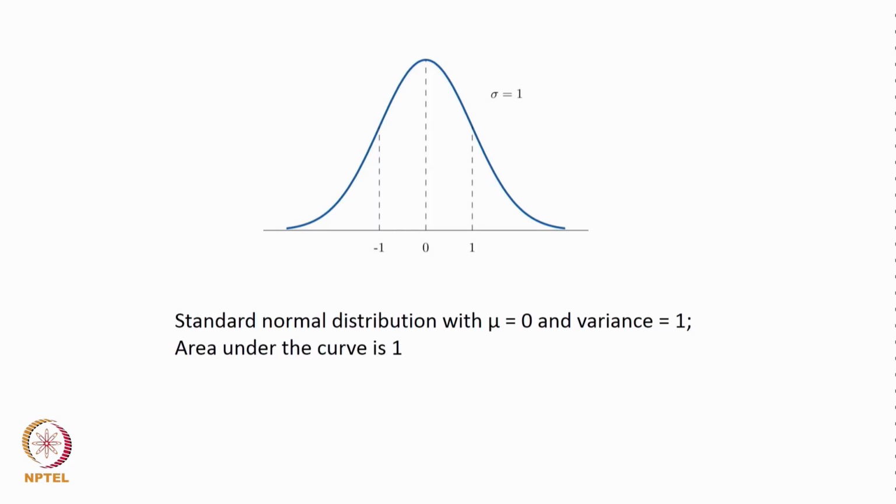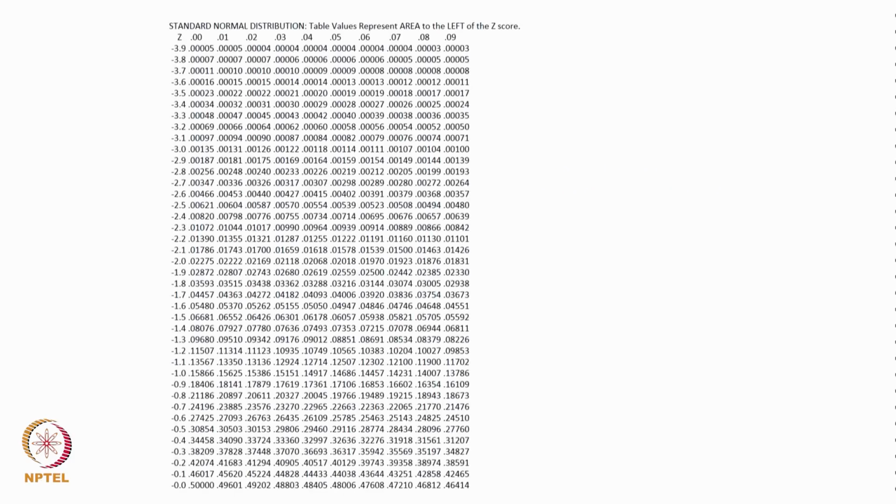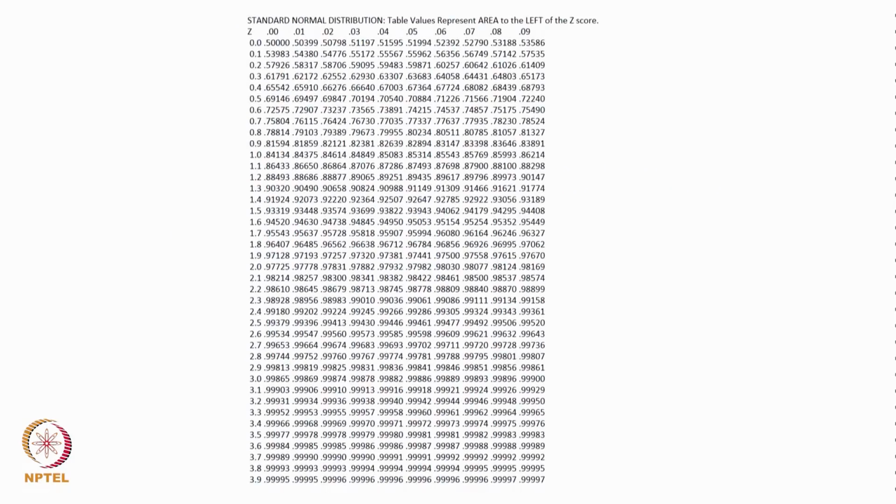So, generally we would be looking at z equal to plus 3 to minus 3, and plus or minus 3 effectively covers the entire bell shape of the standard normal and has area almost equal to 0.99997 and so on. So, now let us try to find out what is the value for z equal to 0.5. So, for z equal to 0.5 we look at this table.